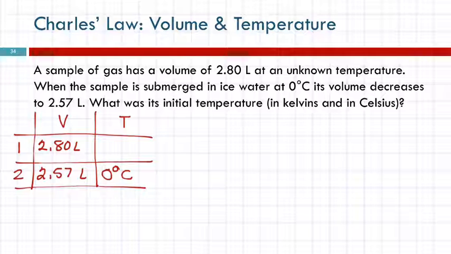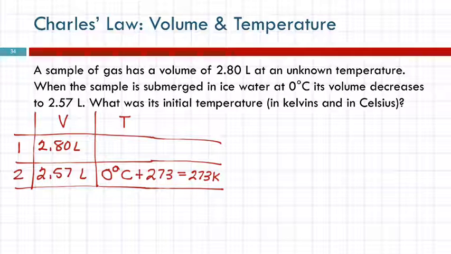Before you go any further, you look at the Celsius and say, but that needs to be in Kelvin. Fix it before you start calculating. So adding 273 gives us a temperature of 273 Kelvin. I'm going to have to extend my table. Any questions? So I've got a table, and I have 3 numbers and a blank.